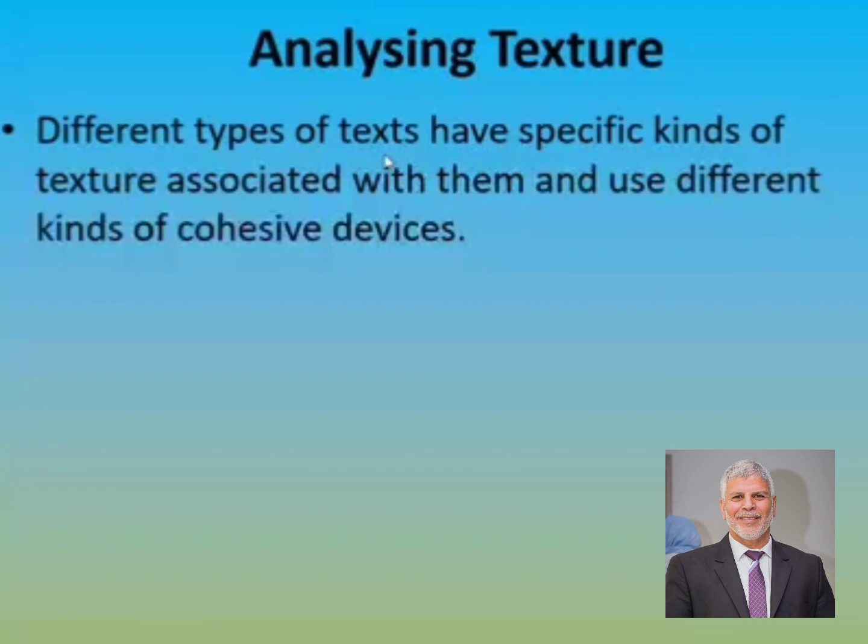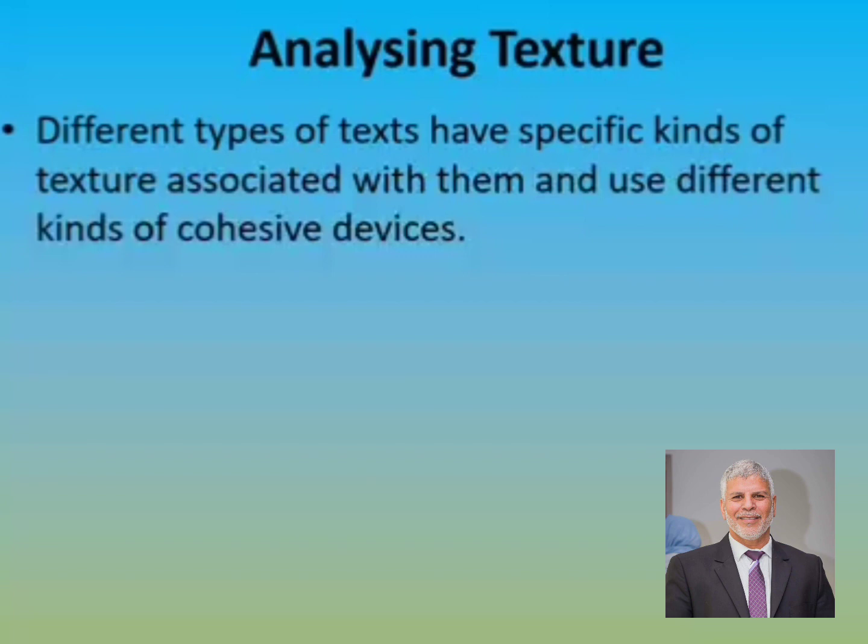We know that texts are of different types. We have news articles, for example, we have advertisements, we have letters, we have theses, we have posters. All these are text types, and each text type has a specific kind of texture associated with that text, and